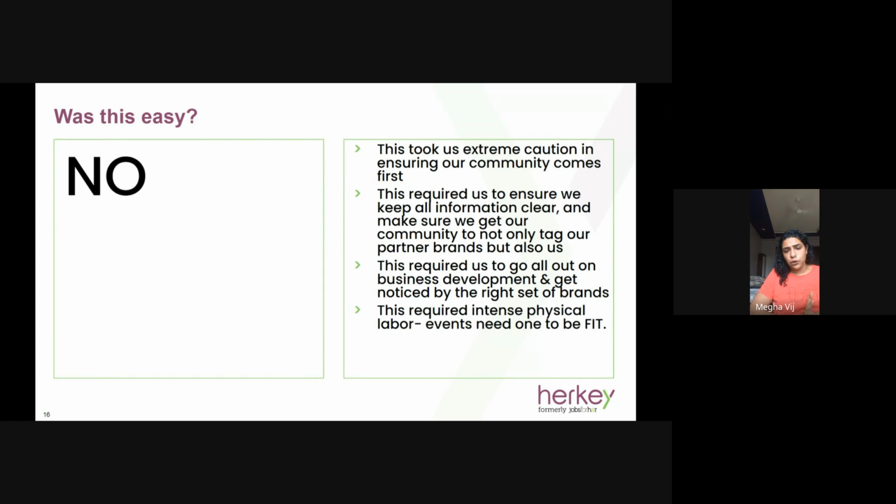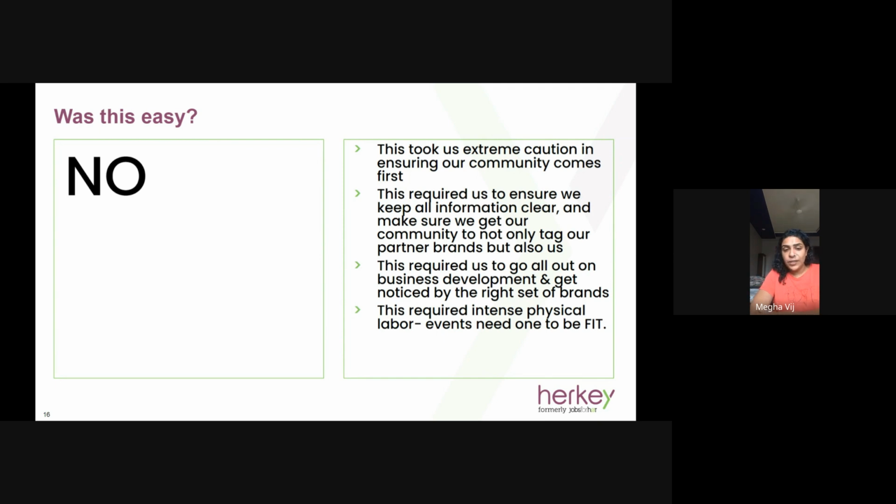So even if a brand would push back and say, okay, fine, I'm giving you products, can we not do giveaways? We would have to put our foot down and say, listen, our community needs to go back happy. So you have to do giveaways, and you have to ensure that those giveaways come in beautiful packaging. If our community is not impressed by you, we cannot guarantee anybody's going to post about you. Everyone else is putting up a really cool front, so you make sure that you do it. So we decided that we are not going to compromise with our community.